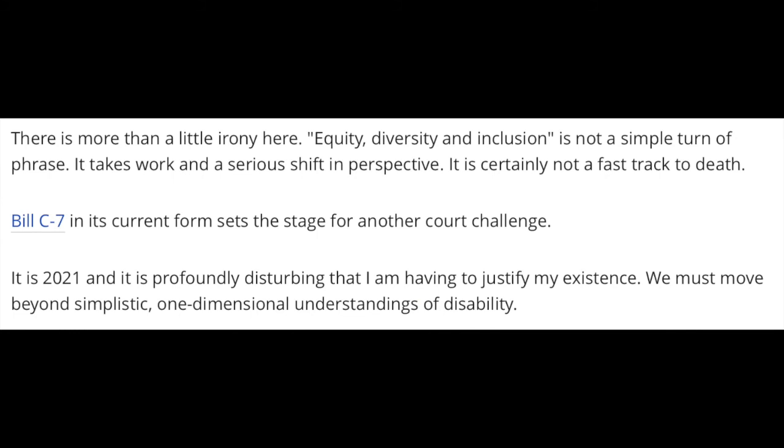Equity, diversity, and inclusion is not a simple turn of phrase. It takes work and a serious shift in perspective. It is certainly not a fast track to death. Bill C-7 in its current form sets the stage for another court challenge. It is 2021, and it is profoundly disturbing that I am having to justify my experience. We must move beyond simplistic, one-dimensional understandings of disability. She hit the nail on the head. We should not have to prove our existence, and the fact that we're still having to do that in 2021